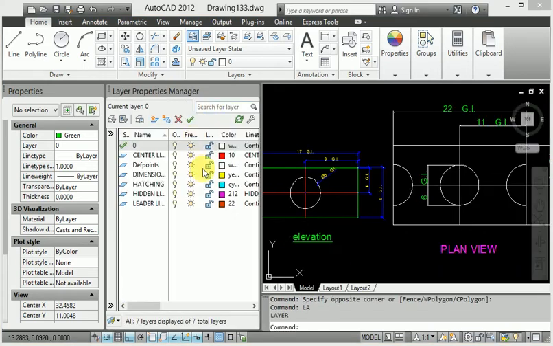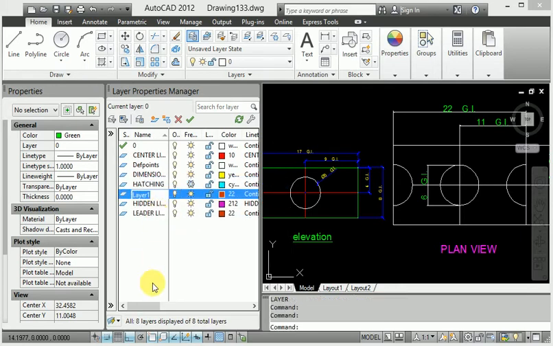Also here in the layer, when you create a new layer, right click and go to new layer, and right now I name it text. When I set the text here, then also provide the color.